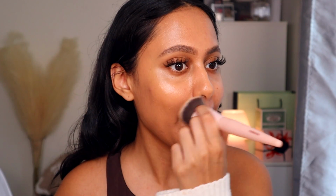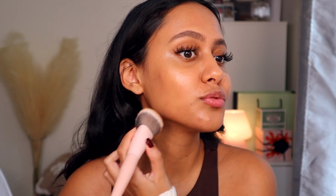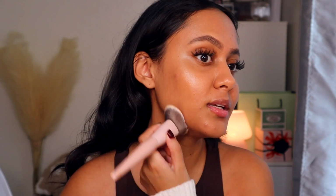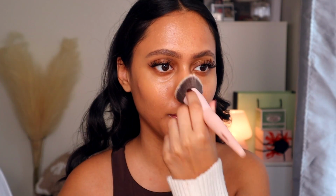Okay, that was really seamless, and I actually really like the formula because it's thin, so that way you can really put it on there. But as you guys can see, it doesn't look heavy or cakey at all. It just looks really radiant and nice, but it did provide coverage, which I wouldn't say I'm surprised by. I think Patrick is just really good at creating formulas, but that was insane, and the color match